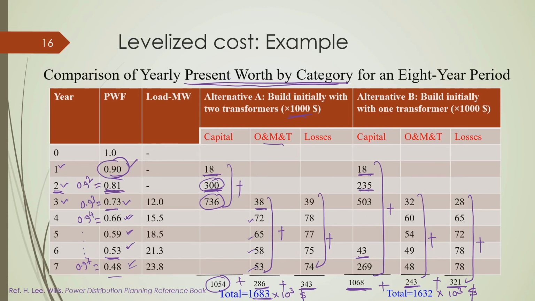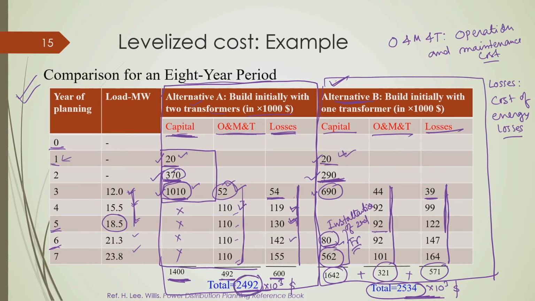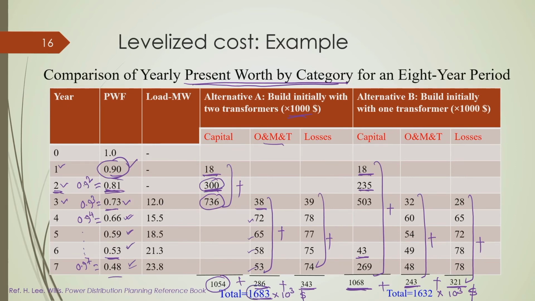Okay. Now, you can see if you arithmetically sum up all this planning cost, it is $2,492,000 for this alternative A. Whereas, if you sum them up with the present worth factor, which represents the present worth of this time varying investment decision, then this value will come down to $1,683,000. Okay. Similarly, here also